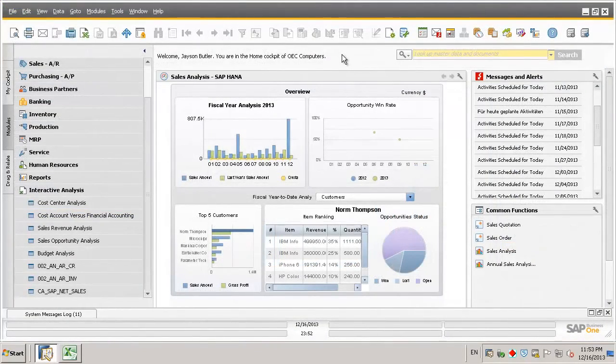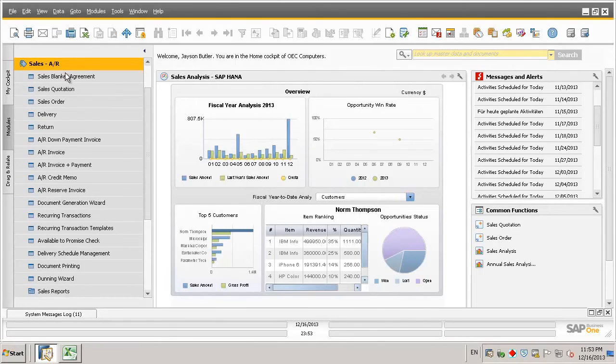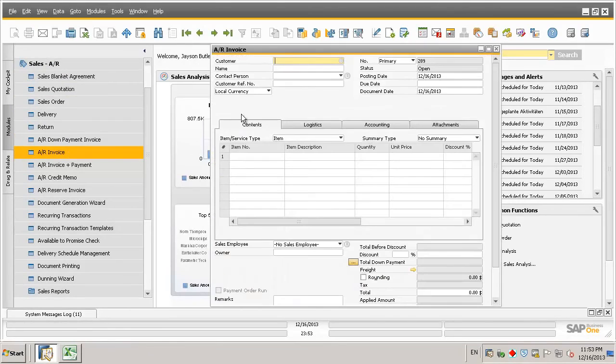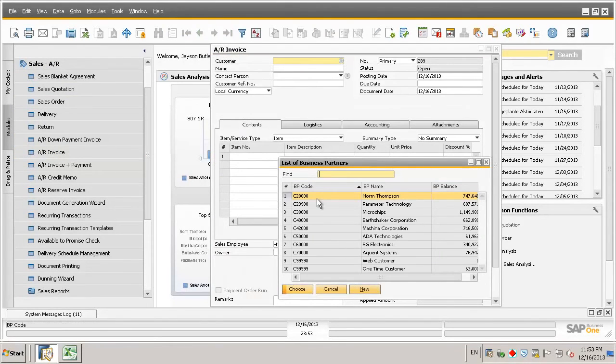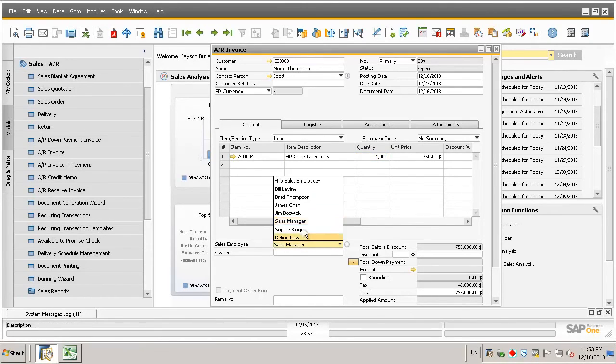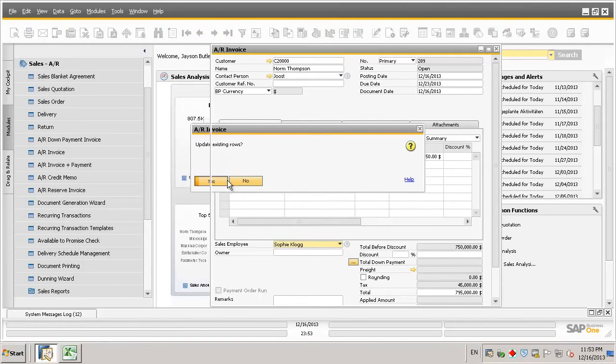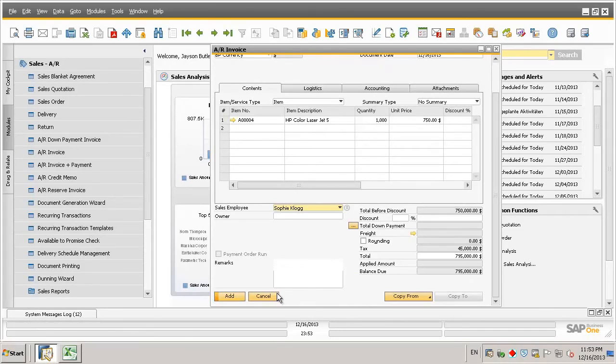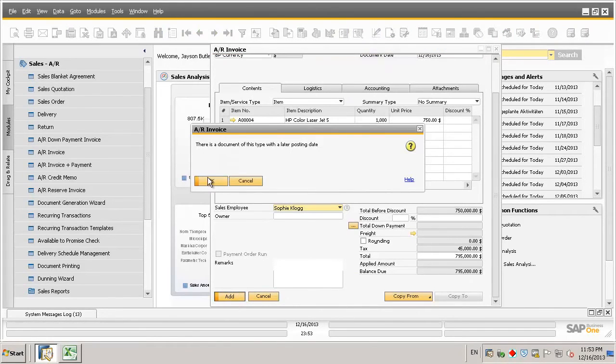Back in SAP Business One, we're now going to create another accounts receivable invoice against the sales employee Sophie Clogg in order to demonstrate how easy it is to refresh the data displayed in our report. To do this, we're going to create a sales accounts receivable invoice. We're going to select the sales employee Sophie Clogg, and then by adding the invoice to the SAP Business One system,